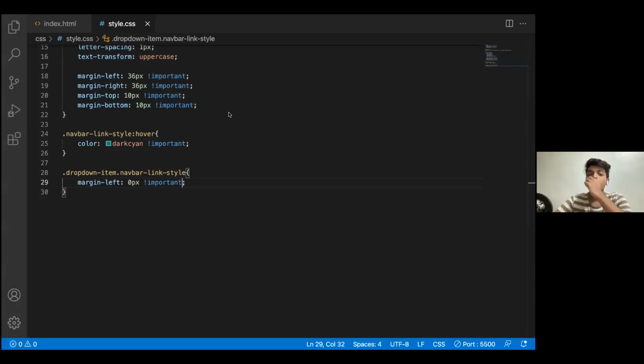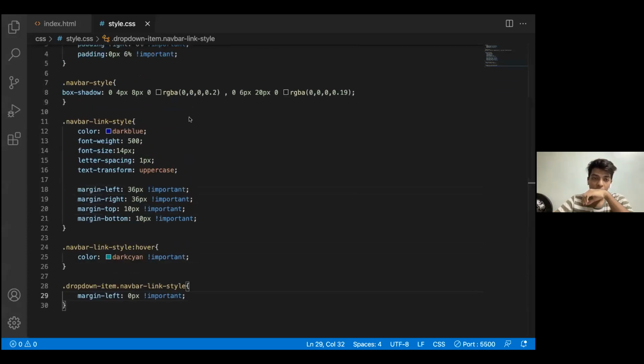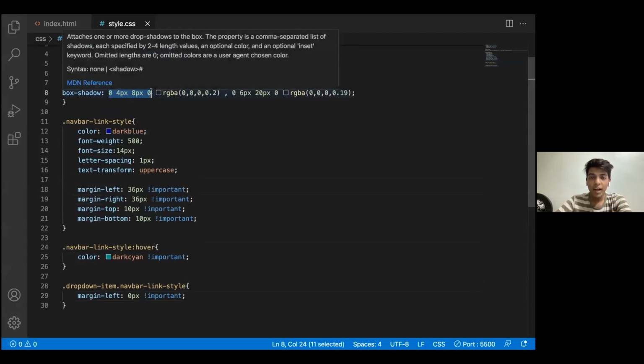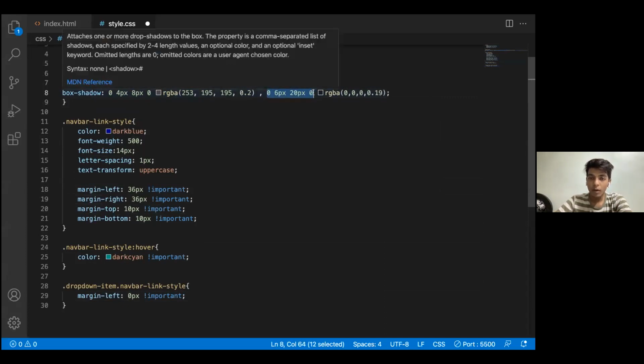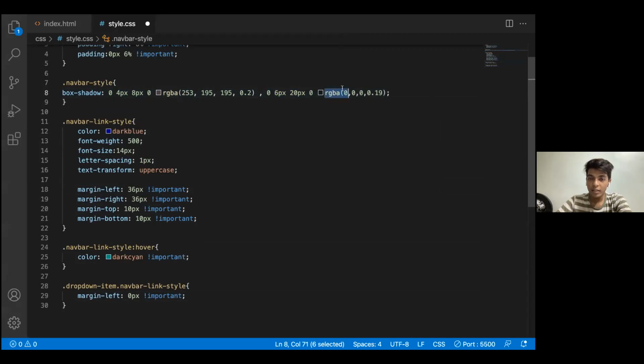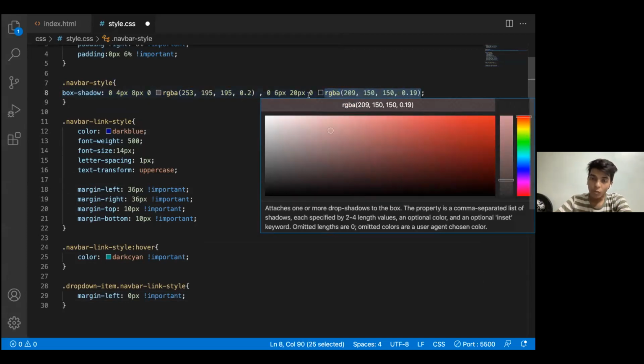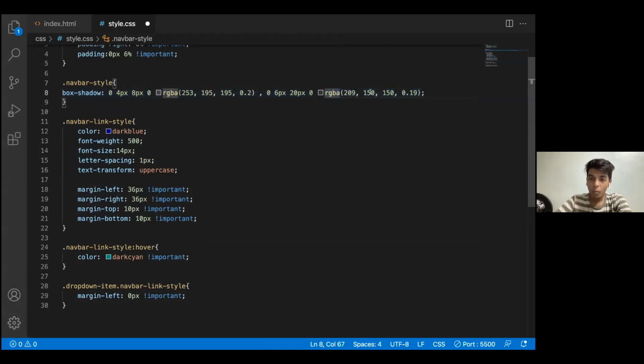Okay, so I guess now the navbar part is done. Can you explain about box shadows? Yeah, okay, I'll be explaining the box shadows. This part represents the top, bottom, left and right pixels that I want to give, and this represents the color that I want to provide. Same goes with this. This represents the pixels that I want to give to my top, bottom and everything, and this represents the color. The color would be black. It's just that I want the opacity to be of something.